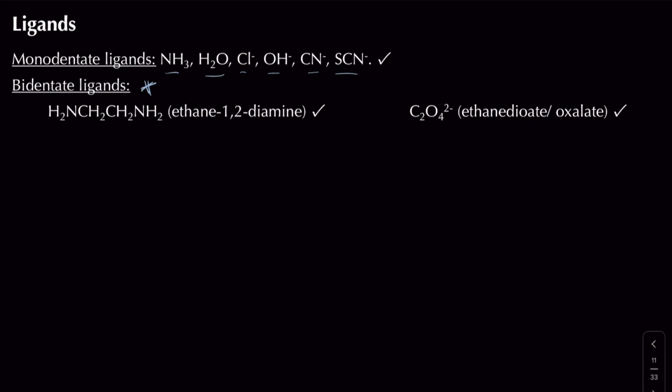One of them is going to be ethane-1,2-diamine, which I've got the structural formula for. There's carbon 1, there's carbon 2. The skeletal formula looks something like this, where I've got ethane, and then I've got 1 amine over here, and then I've got another amine over here as well. And what you can see is of course the skeletal formula, I've got 2 nitrogens, and this nitrogen actually has a lone pair of electrons there and a lone pair of electrons there as well,